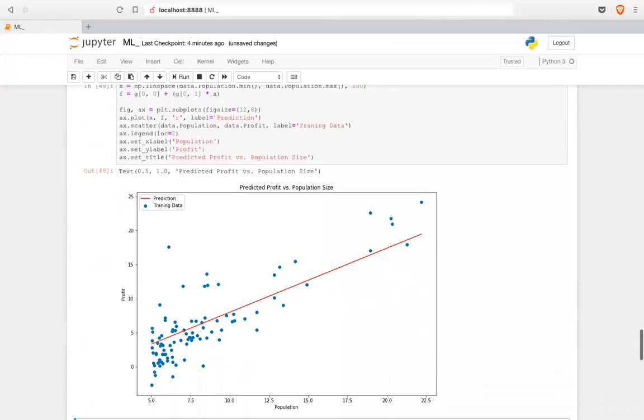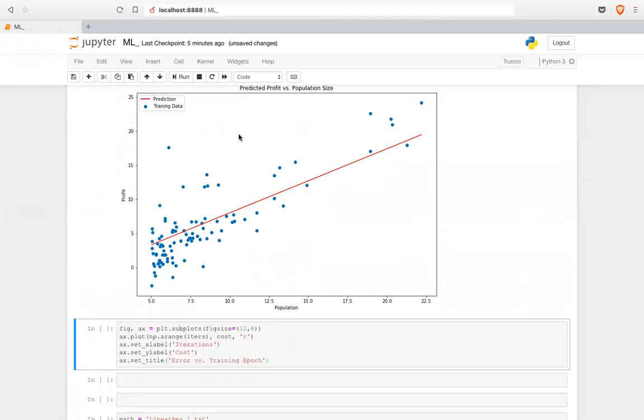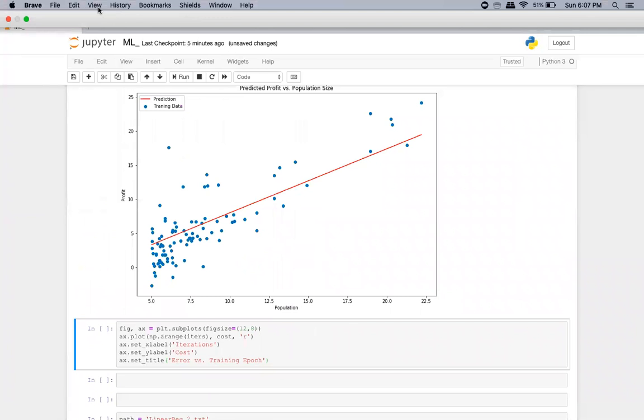So this is the output where we have a line, okay, where we're just trying to predict the profit from the population size. So this is a fitted line. Okay. So in the next example, we'll look at what happens